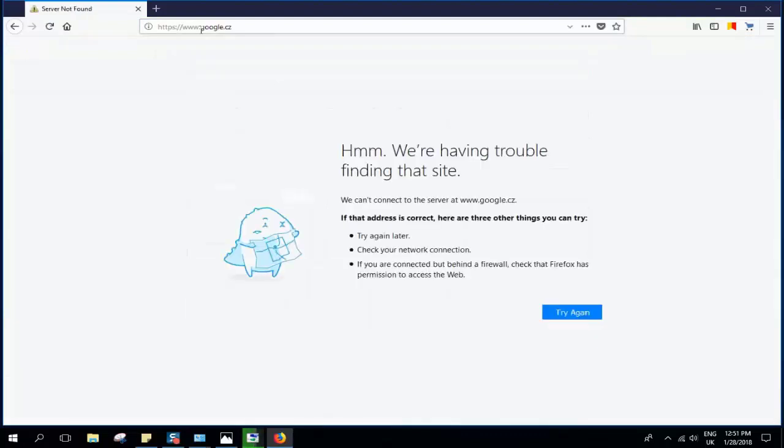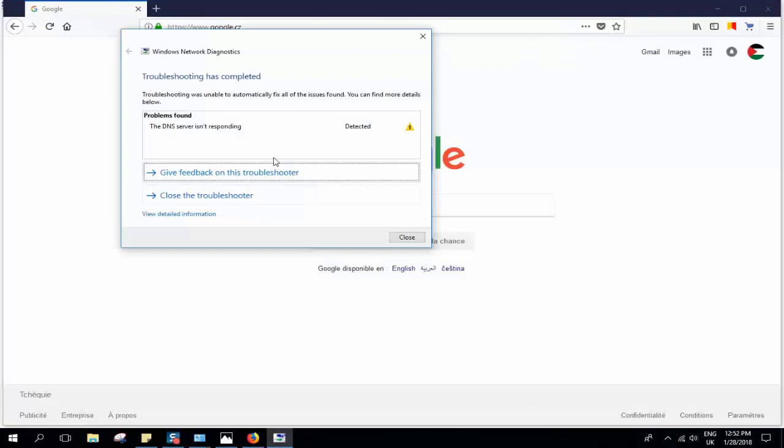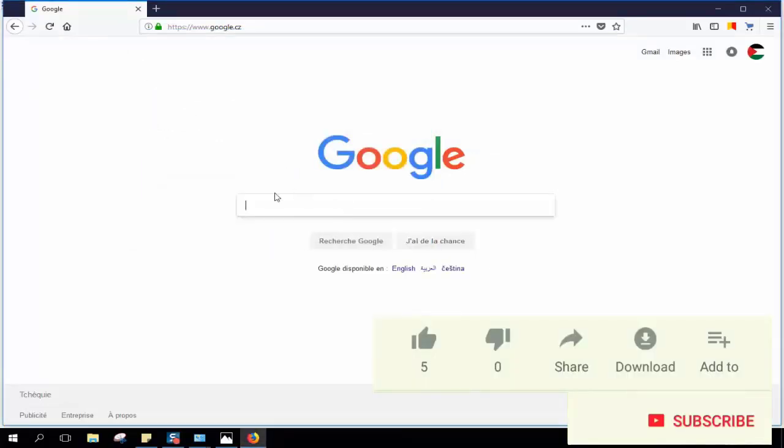So, and let's type Google. Oh, so as you can see, guys, here it says that the DNS server isn't responding, so we can just close this. The troubleshooting has completed. We can just close it. And now I'm connected to Google, so let's try